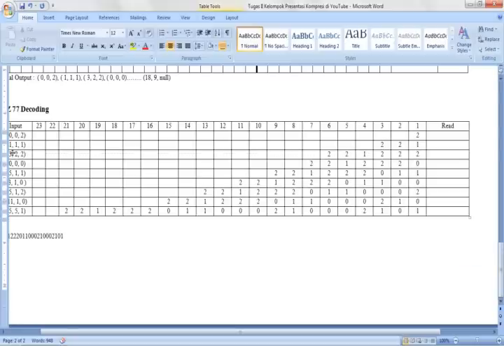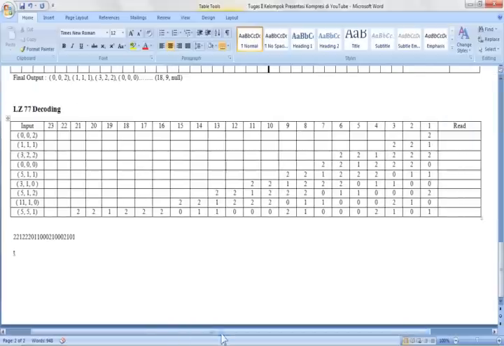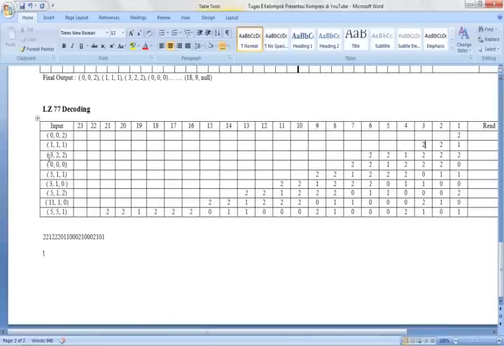After that, the next input will be 3, 2, 2. It means that there is similarity from column 3, and the length will be 2 and the last number will be 2. So we must put the 2 in first, and then from column 3 above we take 2 with length 2, so we take these 2 numbers and put them in front of the first column here.